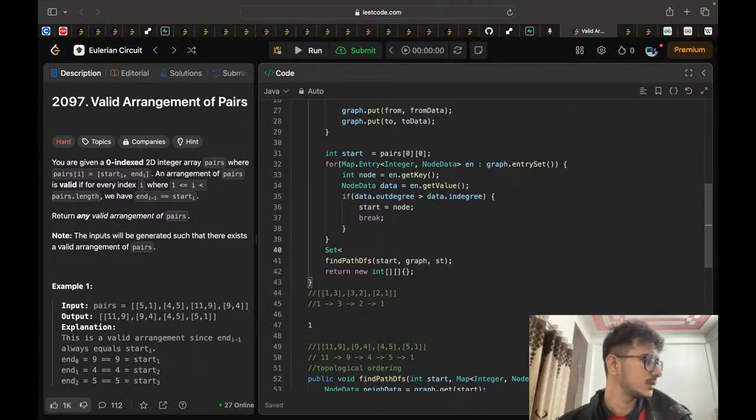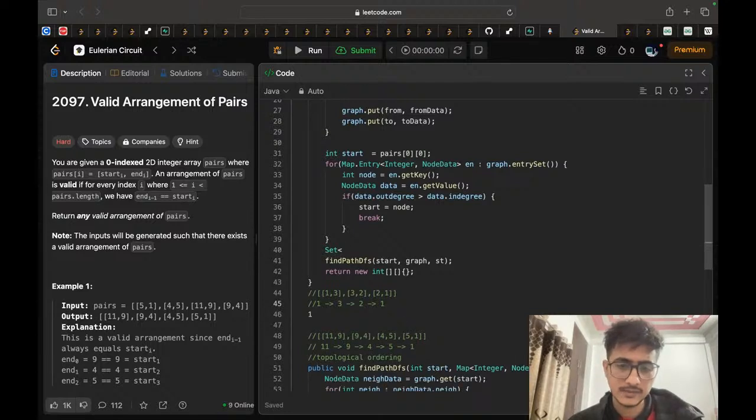But we can revisit a node. That's the problem. We can revisit a node in this path. Let's say we have this arrangement. From 1 we go to 2. From 2 we go to 1, 2, 3. And from 3 we go to suppose 4, and from 2 again 2, and from 2 we can go to